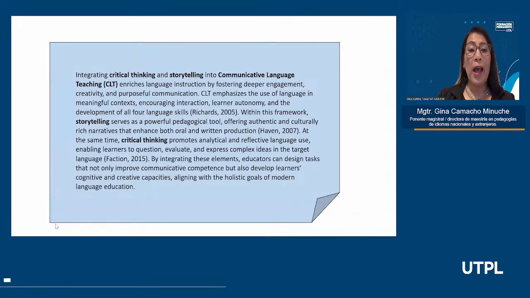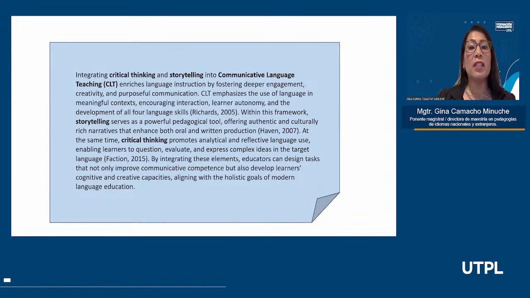Okay, I found this information very interesting, and it is going to give you some ideas about how to integrate both critical thinking and storytelling into communicative language teaching. These are going to enrich language instruction by fostering deeper engagement, creativity, and powerful communication. Communicative language teaching is the one that gives students the opportunity to use the language in meaningful contexts.